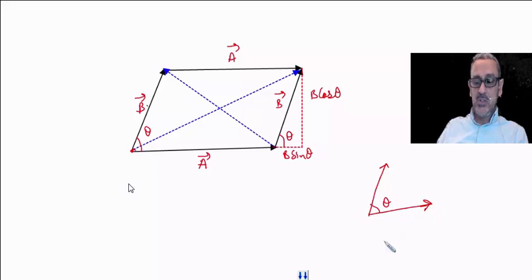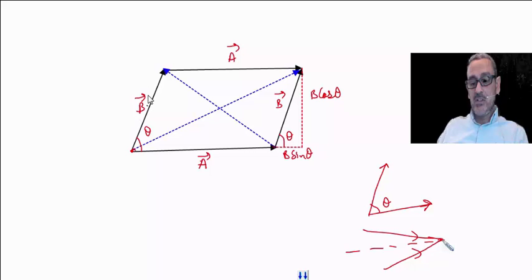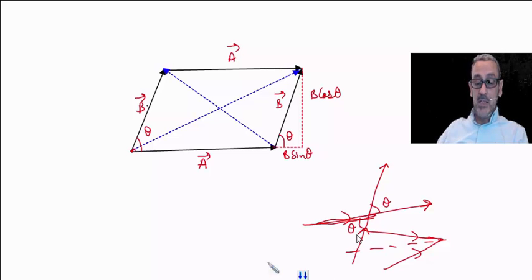Now you must consider one condition. Whenever we have to find the resultant, the vectors should be either co-initial or co-terminal. Either they should both be coming out or both be coming in. If I extend these lines to this side, then they are coming in, but here they are going out. So both vectors should be outwards or both inwards, and theta will remain the same, the resultant will remain the same. Only for calculation purposes we have to consider that these two vectors are co-initial or co-terminal. This is a co-terminal vector and this is a co-initial vector, right?